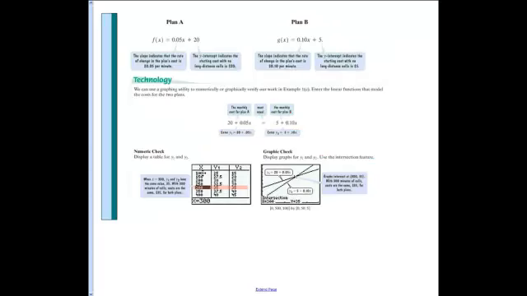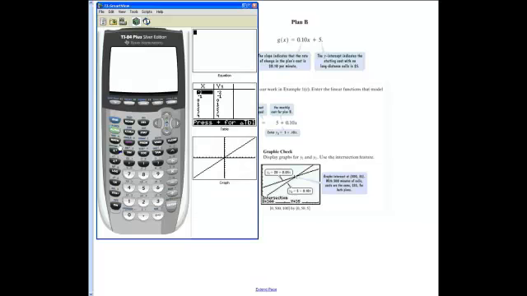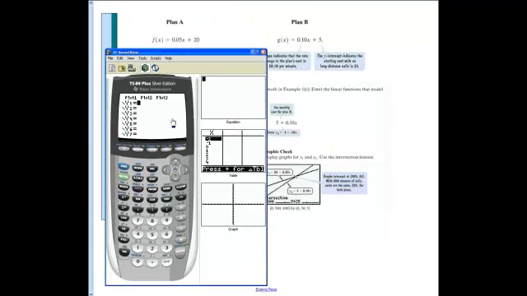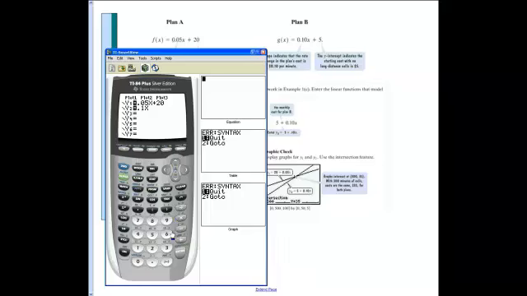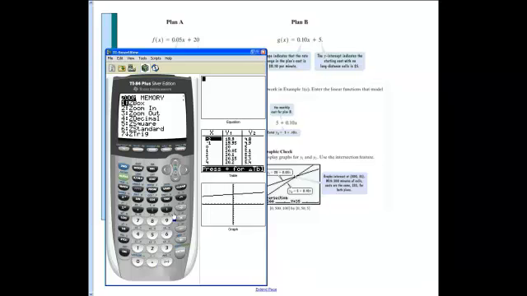And we can graph this by bringing up the TI. If we look at y equal, I'll drop it down a little bit, and we set one function equal to y1, which would be 0.05x plus 20, and the second function is going to equal 0.1x plus 5, and we'll just do a zoom fit,